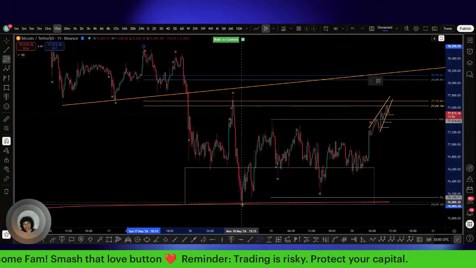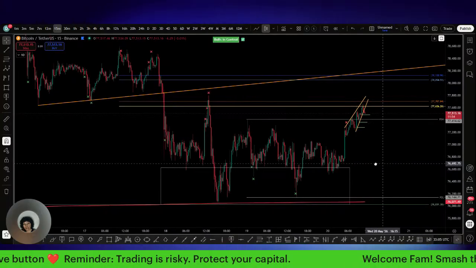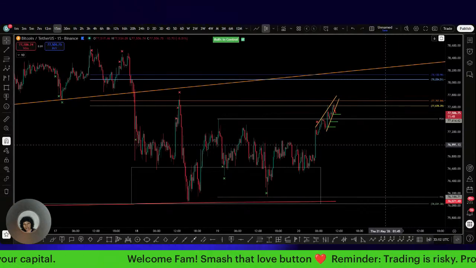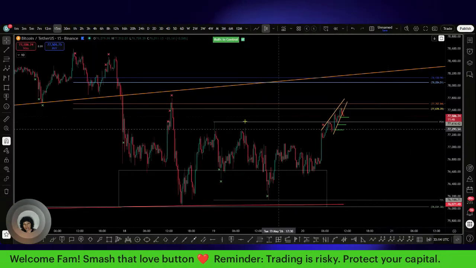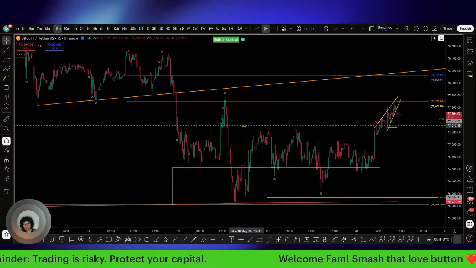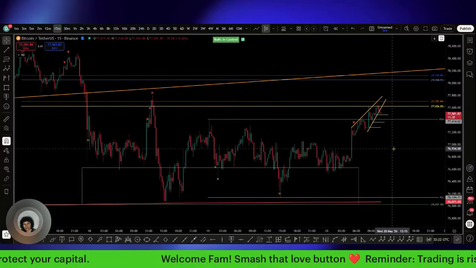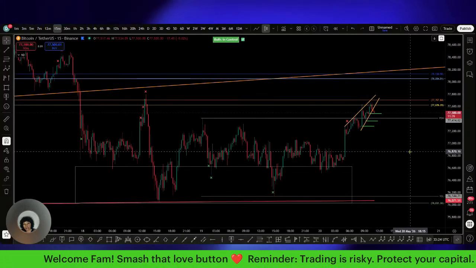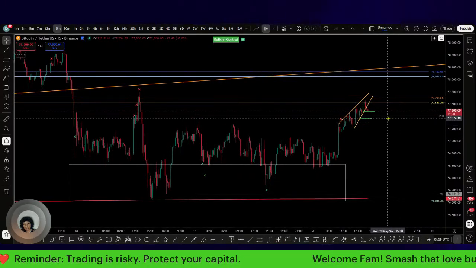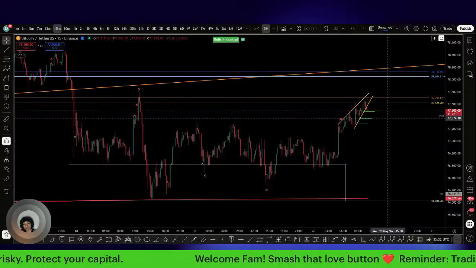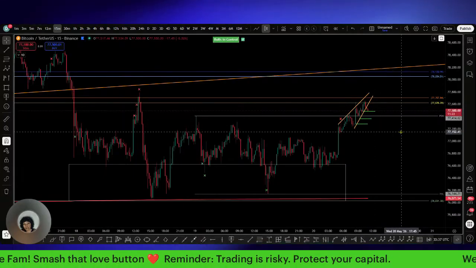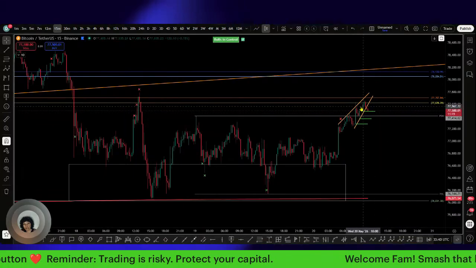Just gonna go with that high. That's how we did the last time. We pushed up into, well, that's what I had just said. We had that little rise over here. I do still like the fact that we're above previous day high. I would like for us to maintain above this previous day high. I don't want to come back below it. I really don't.